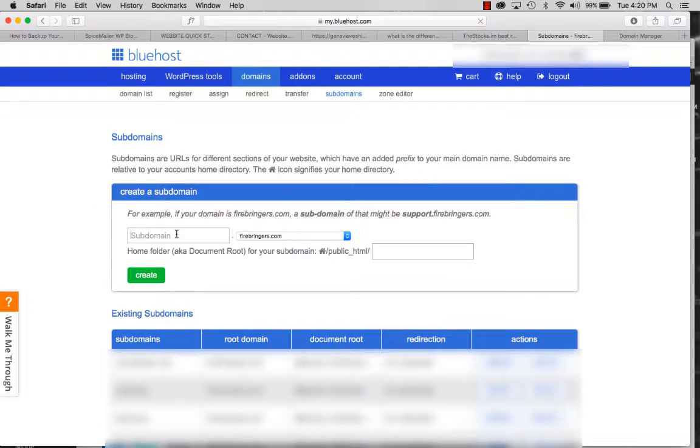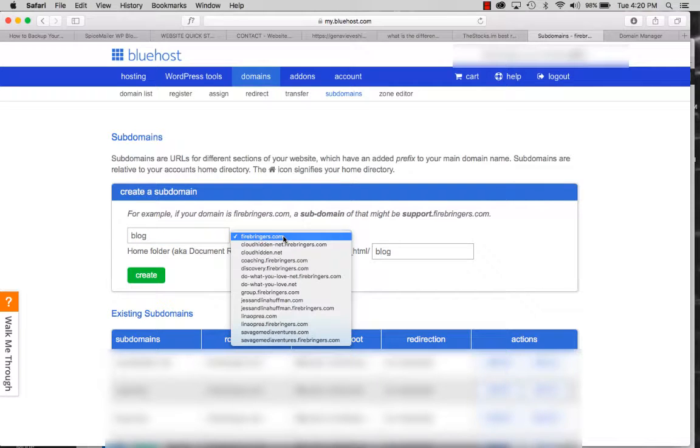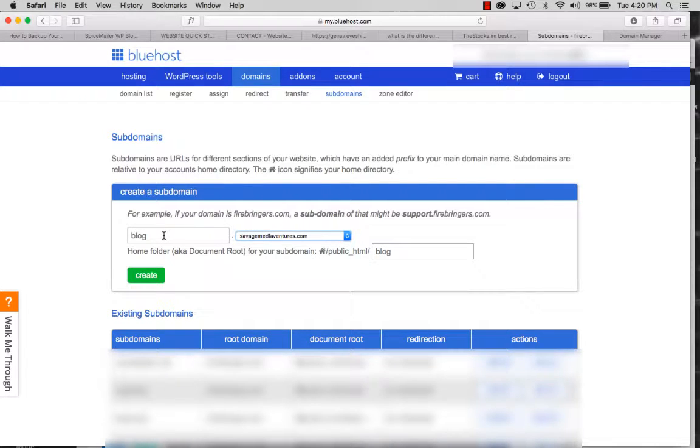Okay, and then you are going to want to put in whatever your subdomain name is. So let's say blog. And if you have more than one domain bought on your account, you just hit the down arrow, select which domain you want to work with, and then you'll see the subdomain folder gets created automatically